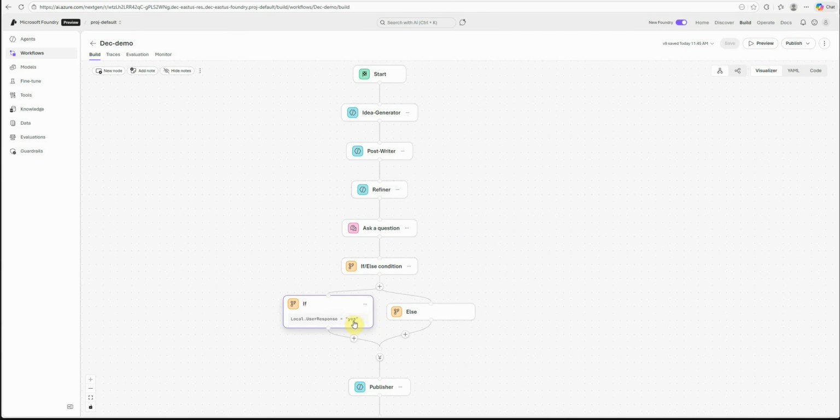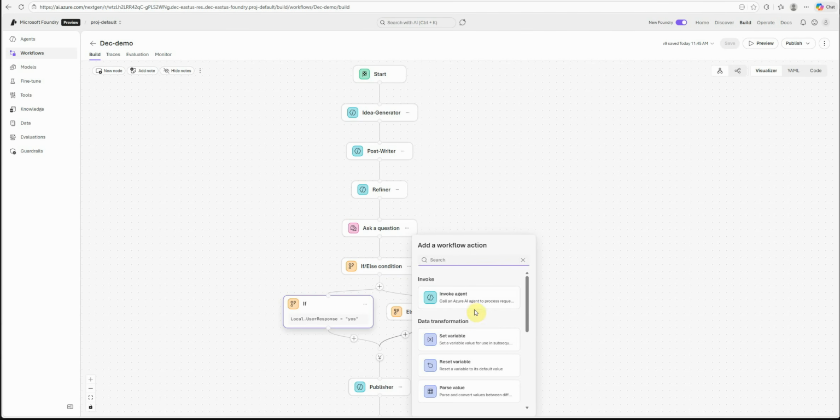So let's say the user is not providing yes, but some other word. Let's say instead of the initial idea, he has changed his mind and now has a different topic altogether. So we want to generate a blog post or the LinkedIn post on that particular new topic. So what we can do is click on else here, and under the else I'm going to set the